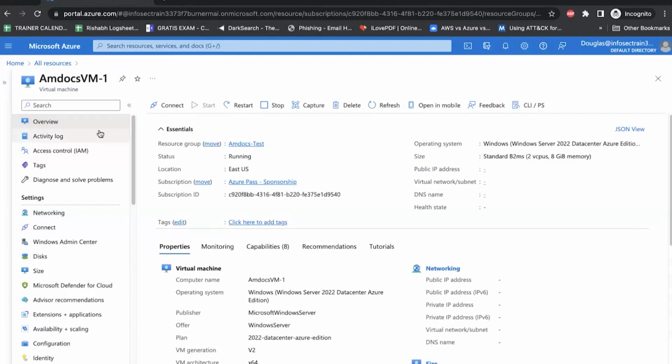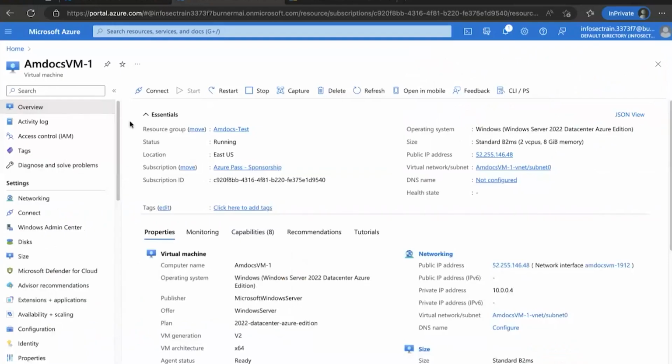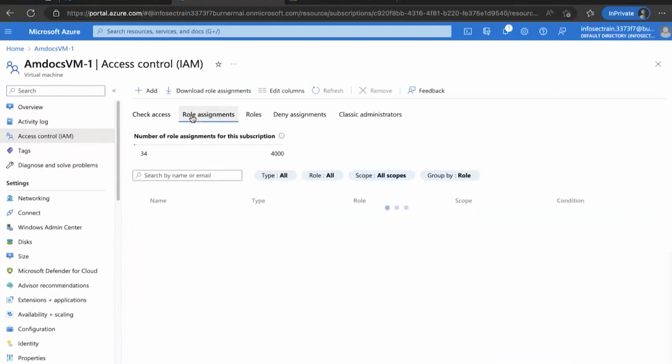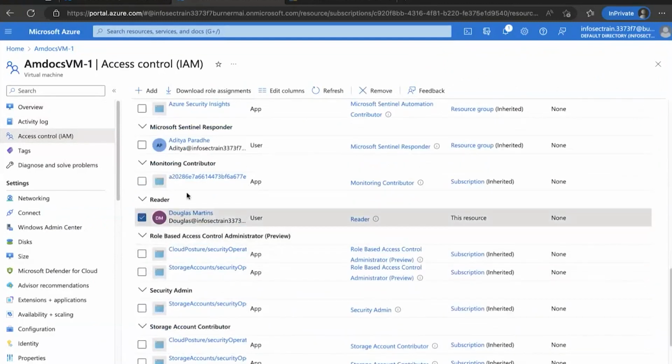Okay, so we are using this to manage the customer. So this is a resource-based access control. What I did, I gave a role over there, gave the permissions over there. This is going to be the part, right? Now this is what Douglas has the permission over there. I can revoke that permission as well if I want to. I can go to this place, go to the IAM part, select the role assignment, and can take away that permission from Douglas. Select it and remove it, right? So this is something we can do over here itself.